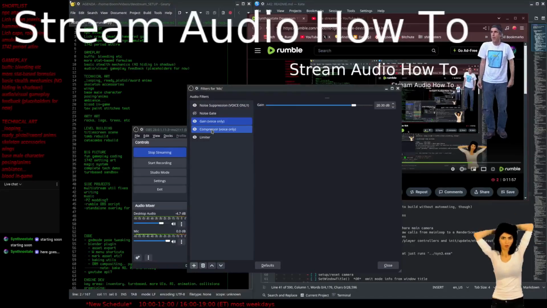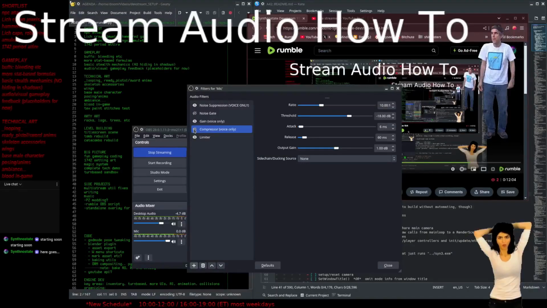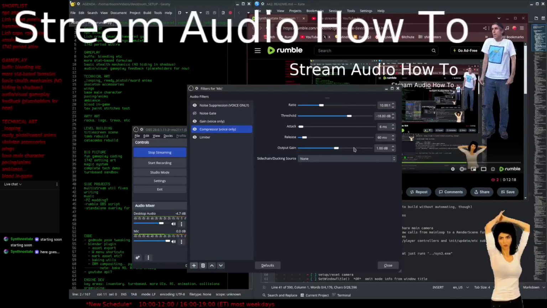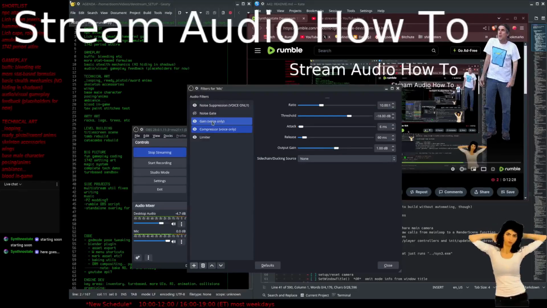Compressor. If you don't use a compressor, then when you talk more quietly, it's going to be kind of low. But if you turn on the compressor, it gets louder. You see that? I didn't raise my voice. I just turned on the compressor, and if I turn it off, it's going to get a little quieter again. So you want to have that on. And you could fiddle with the settings a little. You could increase your output gain also. That's another way to raise your volume if you're not using a gain boost like that.